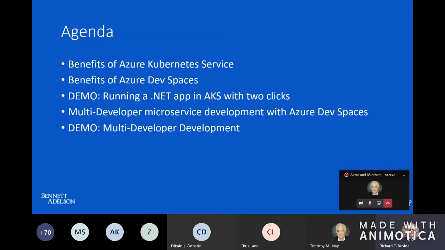And then the second point is one of the main use cases for Dev Spaces: allowing multiple developers to work on the same set of application services at the same time without getting in each other's way, and without needing to replicate the entire environment in each developer's personal space. So,